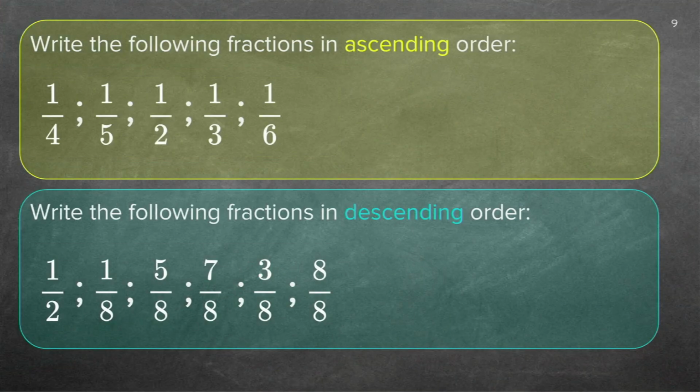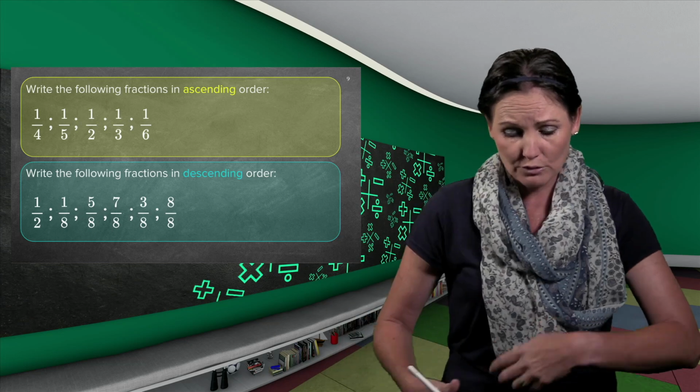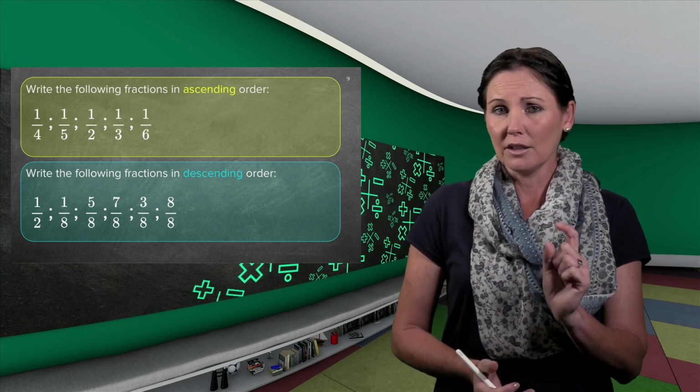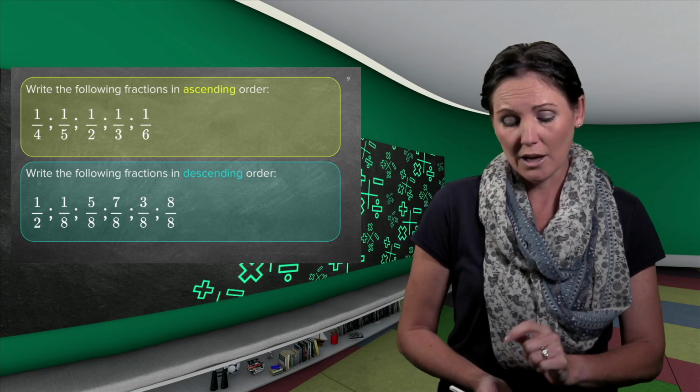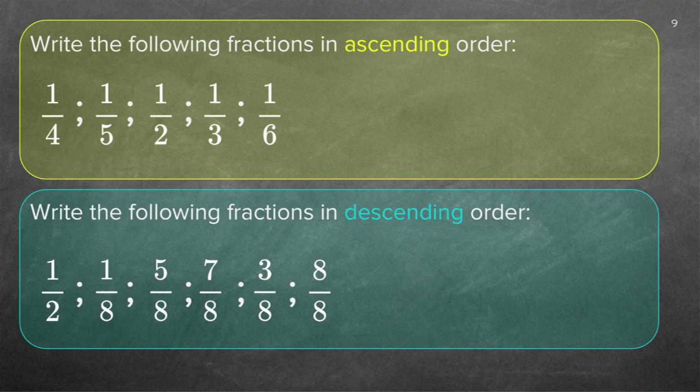And immediately I see, oh my goodness, all the denominators are different. And to get 6 to 4 and 4 to 6 or 5 to 6, this is going to be very difficult. Remember, the numerator tells you a story. And what story is this numerator telling you? I have only one part of each of these fractions. So now the denominator is going to tell me. Now ascending, I know it goes from smallest to biggest. Small sunrise and it gets bigger and bigger. So ascending is from small to big or greater.